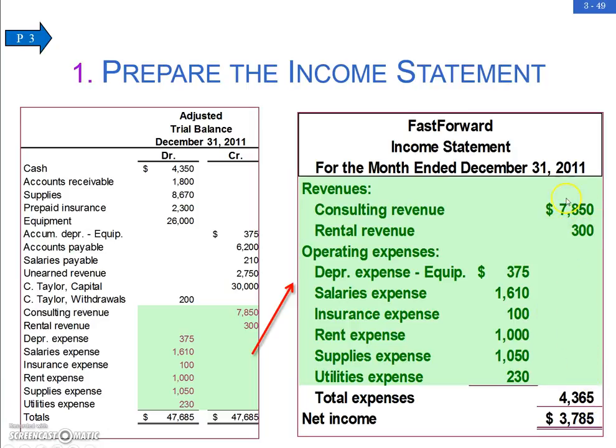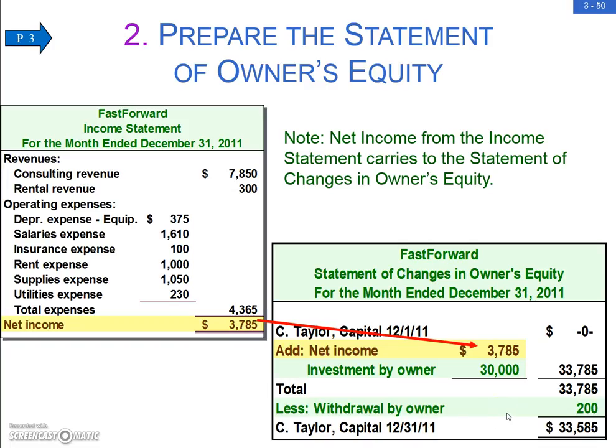We've got $8,150 of revenues, and we've got $4,365 of expenses. So we've got a net income of $3,785. And we're going to use this net income or net loss in our next financial statement. They are all interrelated. So remember, that net income or loss will increase or decrease the owner's equity. So in this example in 2011, it's our first year of operation, so we had no equity. That's the beginning balance. But we went out and made some net income, so we owe our owners